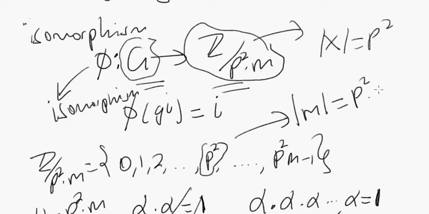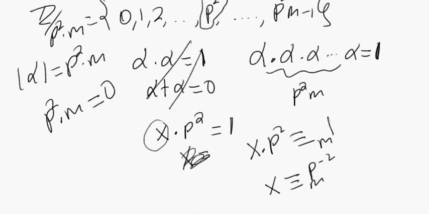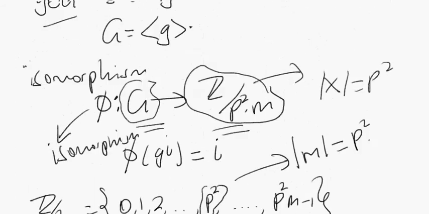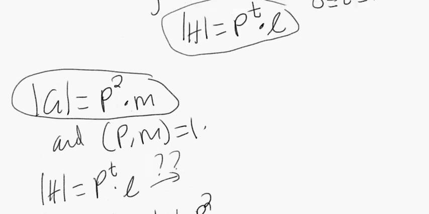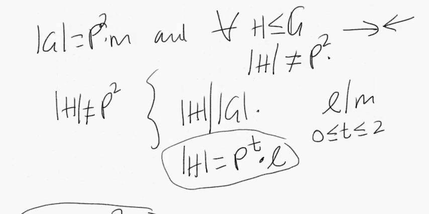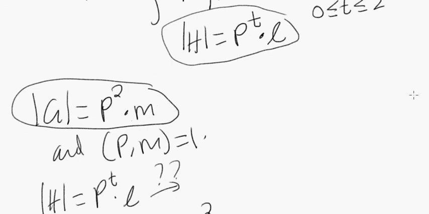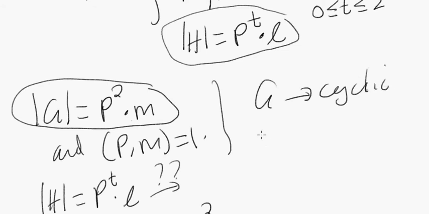Okay, again, this seems like it's going to work. Our only issue, the main question about this is, look, how do we know that there's always going to be an element in the group that has order p squared times m? Otherwise put, how do we know that G is cyclic? How do we know that every group G,